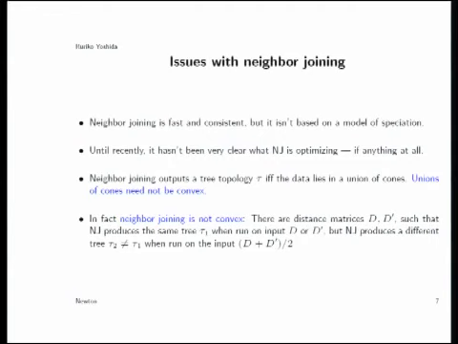Of course, pairwise distances are based on a model, but the neighbor-joining method takes distance matrices, and until recently it was not clear what neighbor-joining is optimizing, if at all. And also the neighbor-joining method outputs a tree topology tau if and only if the data lies in the union